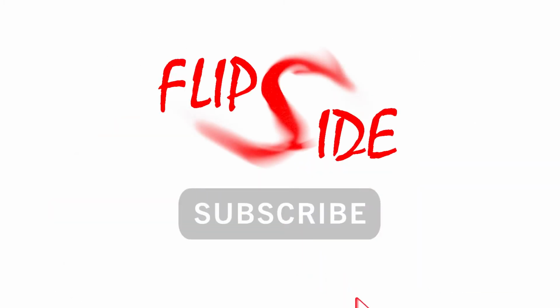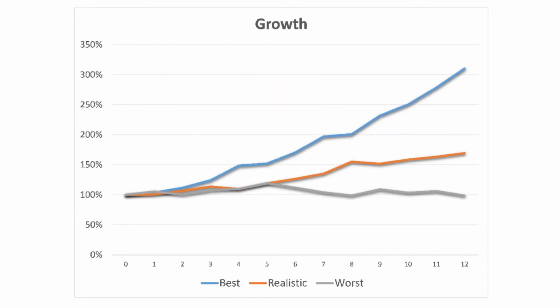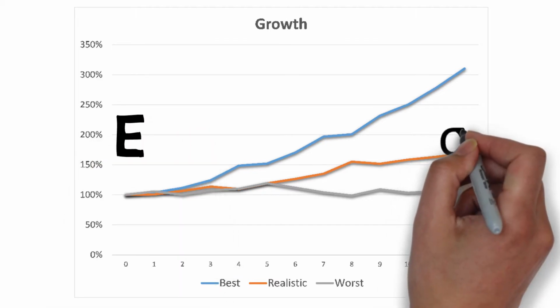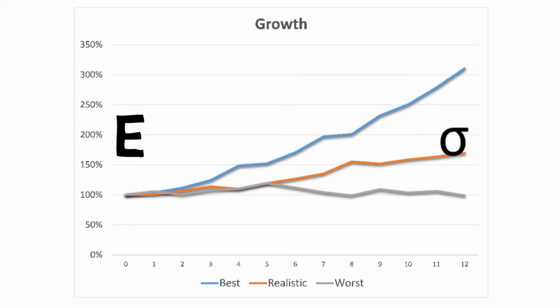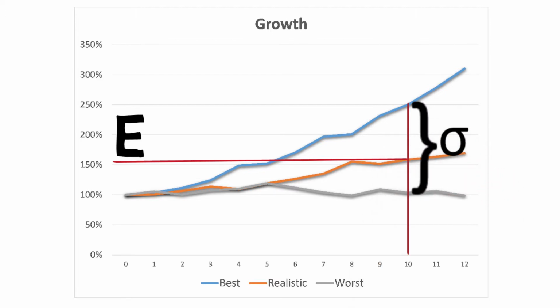Let's first look at why you should diversify your portfolio. To understand this, let's introduce the concept of expected return E and standard deviation sigma. The expected return is the weighted average of all possible outcomes from an investment, and the standard deviation is the measurement of volatility or risk. We will use an example below to demonstrate the more diversified you are, the less risk you have while maintaining the same level of expected return.